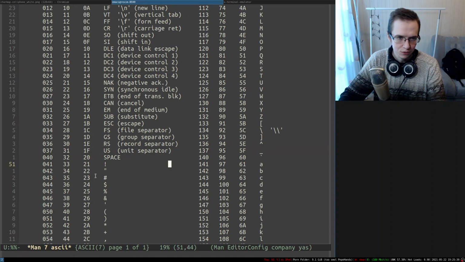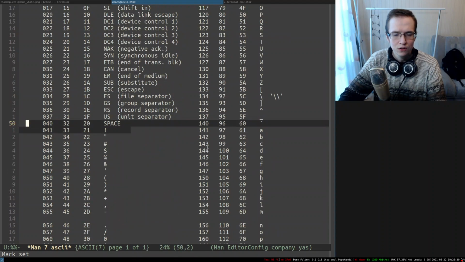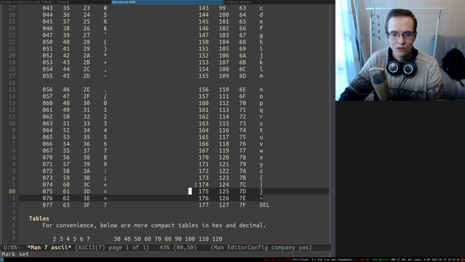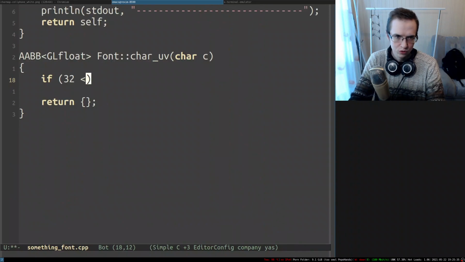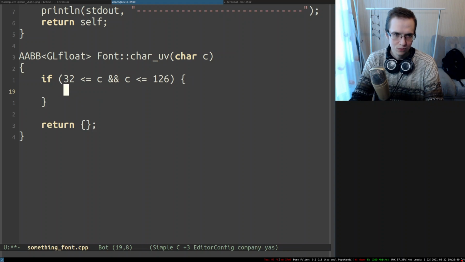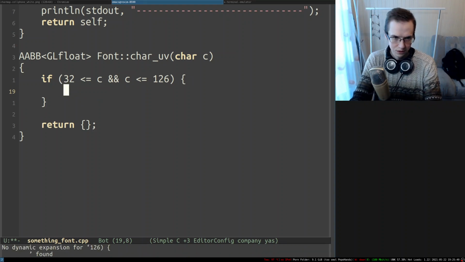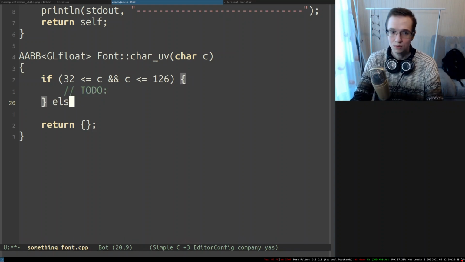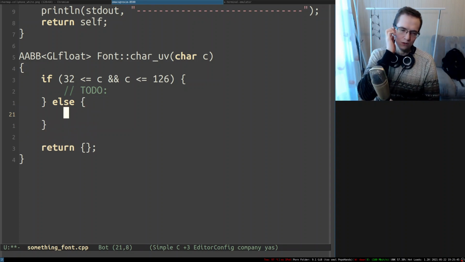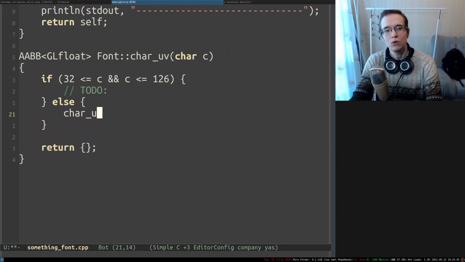Yeah, I think they start from 32, so this is a decimal, 32 up until 126. So 32 and 126, there we go. And yeah, this thing is printable. Otherwise, usually what I do in here, I just call this thing with a question mark,